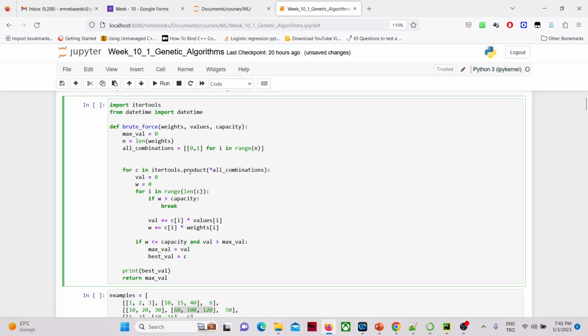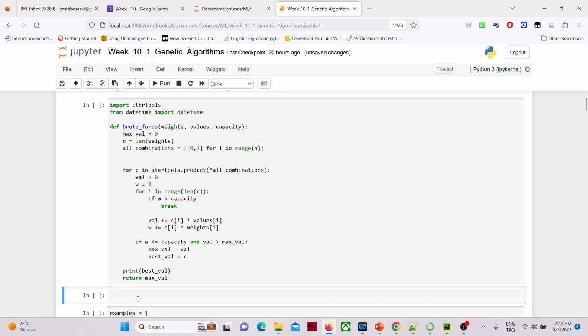And now this is the brute force part of our algorithm. For every combination, we take our DNA, which is C, okay, and we make an initialization for the survival points and the weights, and for every gene in our DNA. So let me recreate this. For example, let's say our DNA was 101. Okay, these guys are genes in our DNA, and for every gene in that DNA,